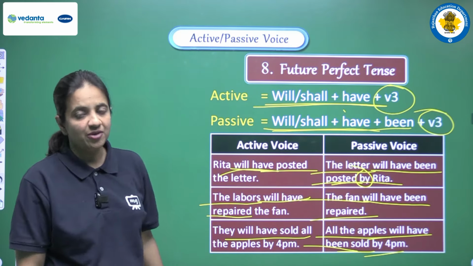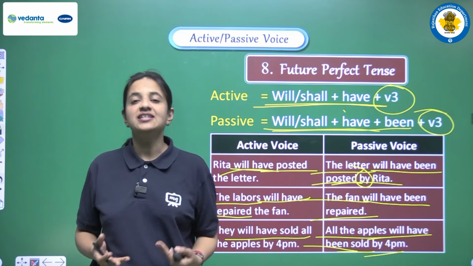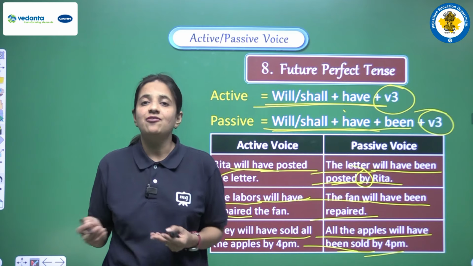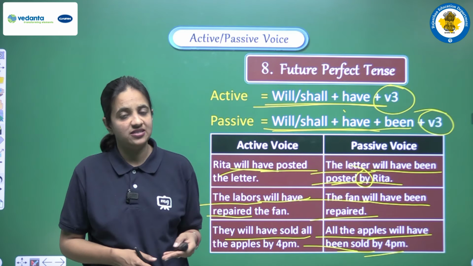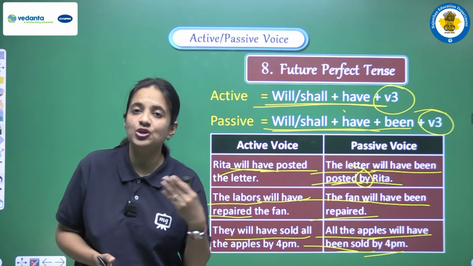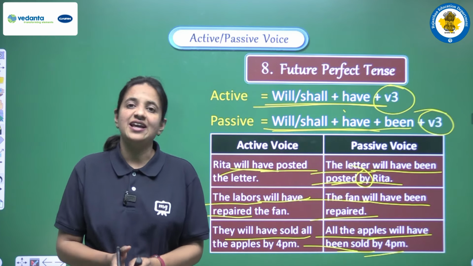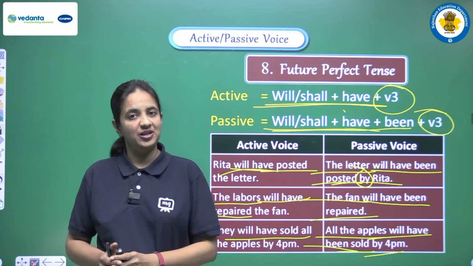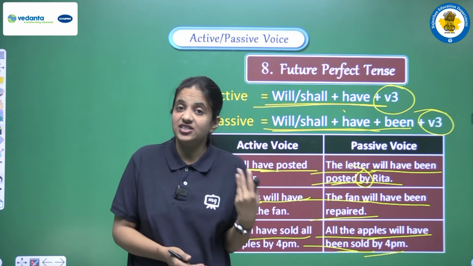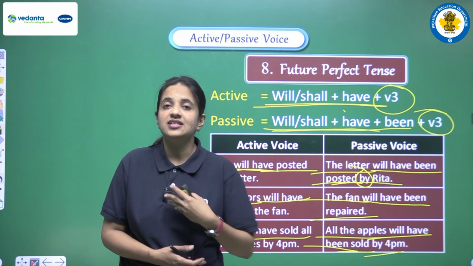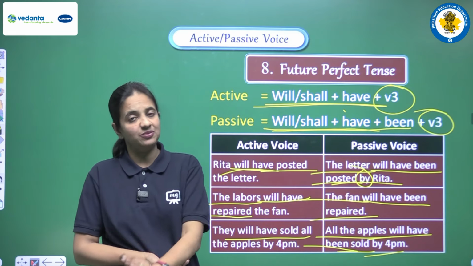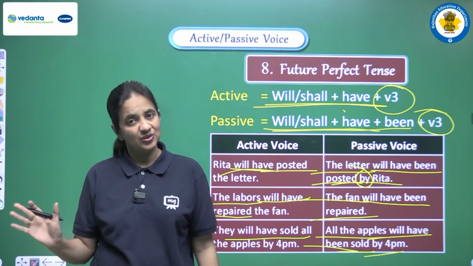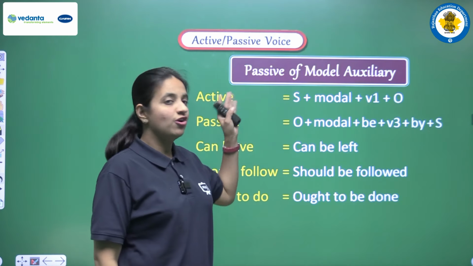Okay, so now we have discussed the different tenses, and we have discussed that when these tenses are there in the sentence of active voice, then when we are converting the sentence into passive voice, what helping verbs we have to use. And students, remember this thing, that as a main verb you have to write only and only third form of the main verb. So we can't say that we are changing the tense, we cannot change the tense, we just change the helping verb, because it is clear that we have to use only third form of the main verb.